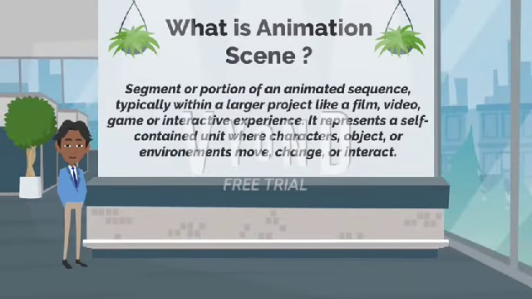Animation scene. What is animation scene? Animation scene refers to a specific segment or portion of an animated sequence, typically within a larger project like a film, video, game, or interactive experience. It represents a self-contained unit where characters, objects, or environments move, change, or interact according to the story, script, or